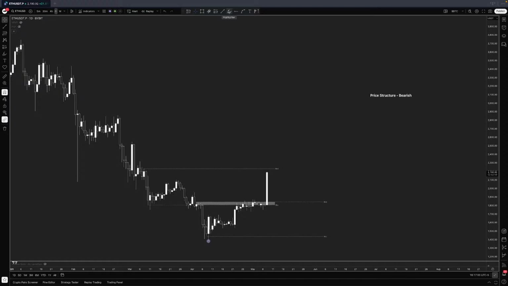So even though the price structure is bearish, I would at least stay sidelined for shorts, because I'm currently in the markets with what Trump has said, with everything that the markets have shared as well. The current momentum is extremely bullish. So I would stay sidelined for shorts, instead looking for longs, anticipating this possible shift in price structure. But overall, we know that the price structure is currently bearish for Ethereum.